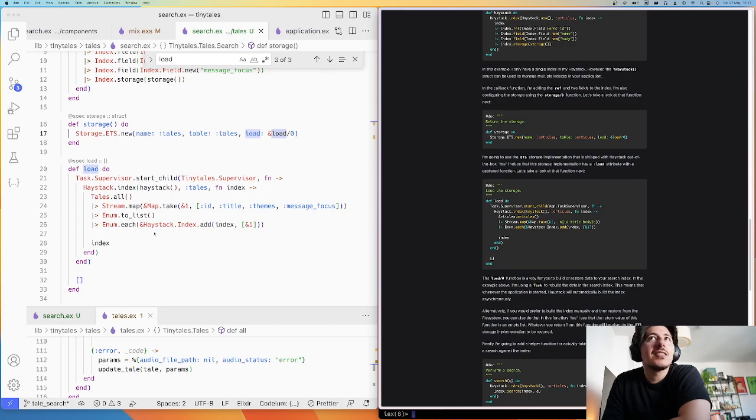Okay, task. I'm going to use ETS storage and let's shift out. Yes, let's take a look at that. What's different here then? Task supervisor, start child, tiny tail supervisor. Yes. Function index haystack tails index tails or stream.map, taking the exact same stuff pretty much except for these. enum.each haystack index add. This is identical. Okay. And then